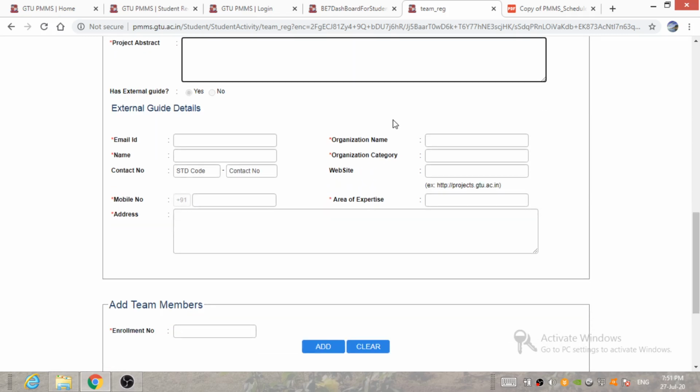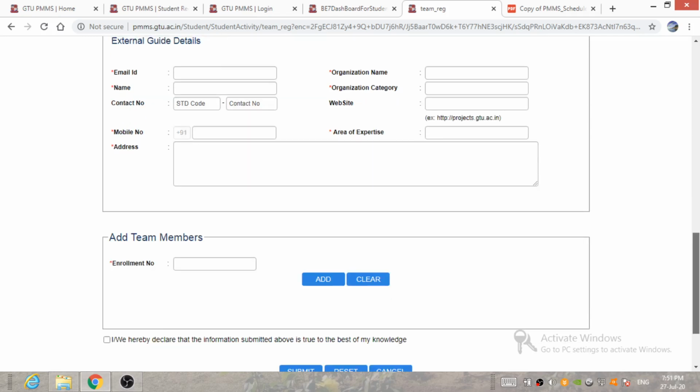After entering all these details, you have to add your project team members. Please keep in mind that your project members must have registered themselves and taken the approval from the HOD. Only then can you add them as team members of your project. To add a team member, you simply enter their enrollment number and click on add.